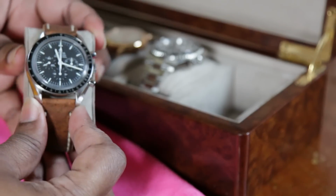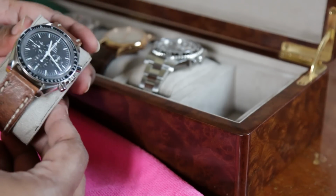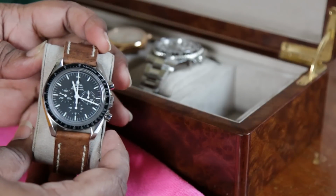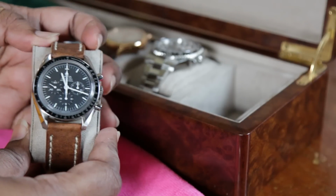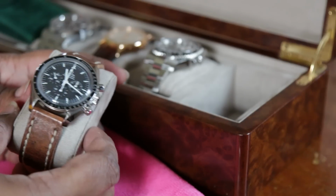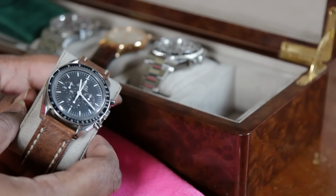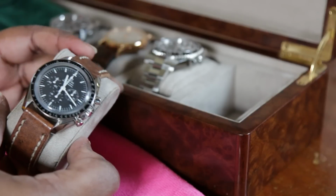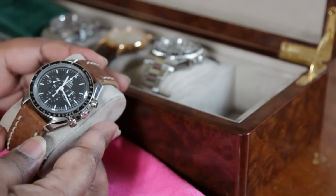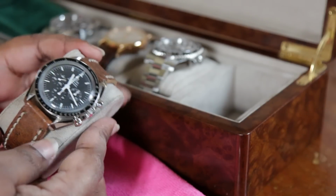So what's great about the Speedmasters are, one thing, the bracelet that comes with it is pretty alright, I suppose, but it's one of those watches that always looks better on some kind of strap, I suppose. You can try the NATO straps. There's the one that's blue and gray, and one of the James Bond type ones,